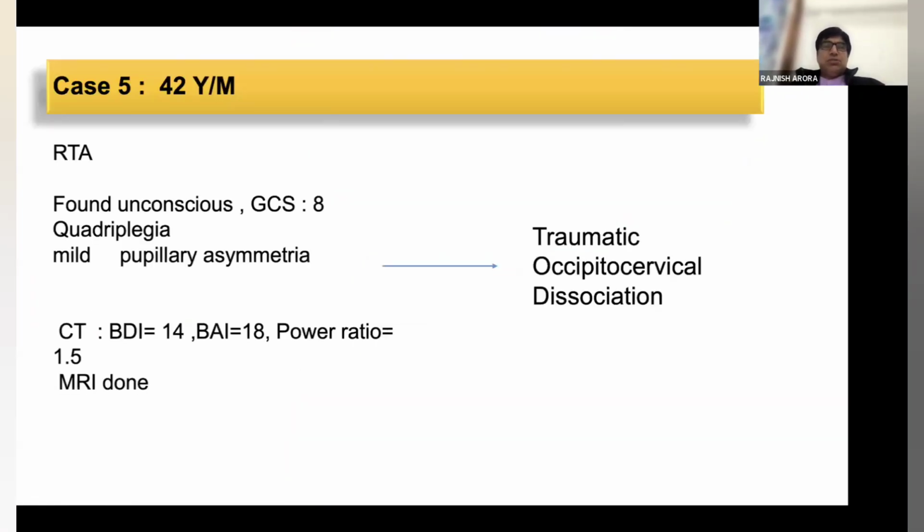So this was a case of occipitocervical dissociation. A male who was involved in a high-speed road traffic accident, found unconscious, quadriplegic, GCS 8, and mild pupillary asymmetry because of the diffuse axonal injury. And as Professor Ashim told, the ratios which we see, the basion-dental interval, BDI, all were increased, including Powers